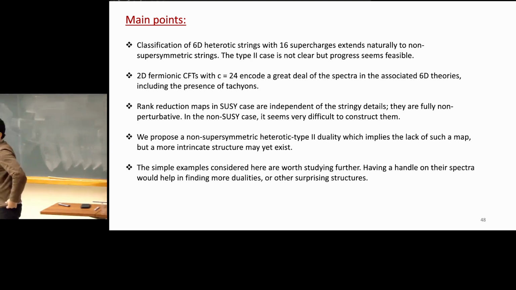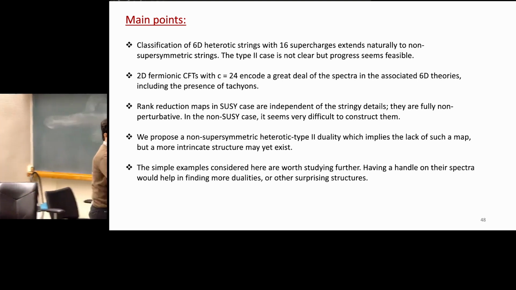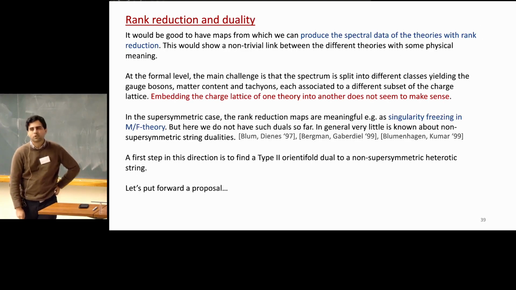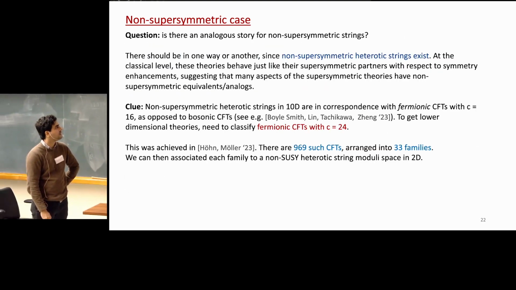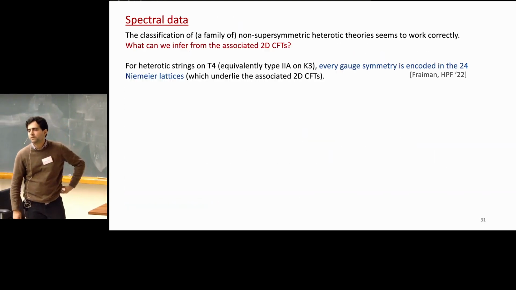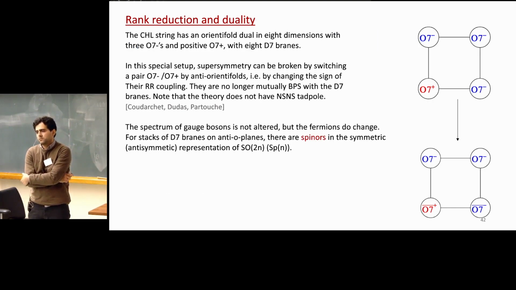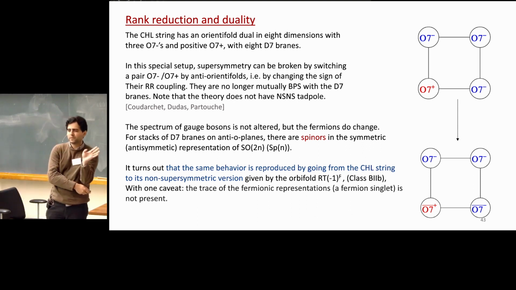Yes. Thank you for the nice talk. Do you mind going back to the mapping with the duality? You were saying that the fermions were different, in the non-supersymmetric case, when you were there's a 7 case. You were saying that the bosonic spectrum is the same, and that the spinors are the only ones that were different, right? Yeah, the gauge bosons are the same. And you're saying that the gauge algebra is the same.